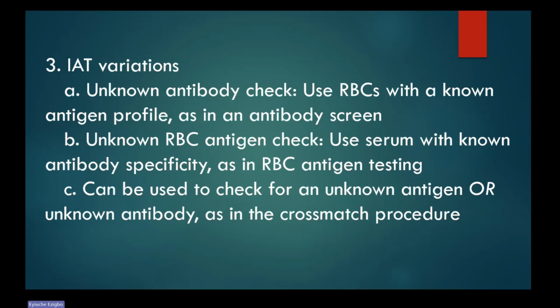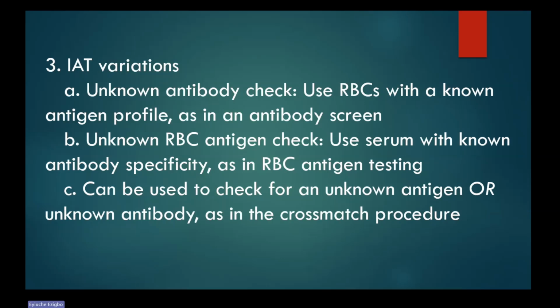Here we use red blood cells with a known antigen profile as an antibody screen. Then we also use the indirect antiglobulin test to check for unknown red blood cell antigens. Here we use serum with known antibody specificity, as in red blood cell antigen testing. Or it can be used to check for an unknown antigen or an unknown antibody, as in the cross match